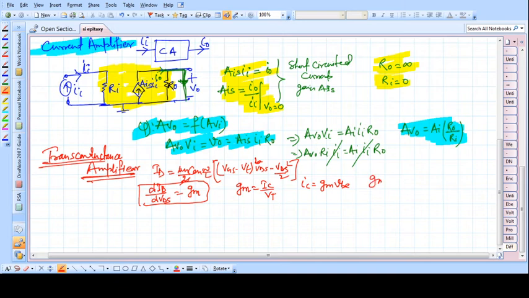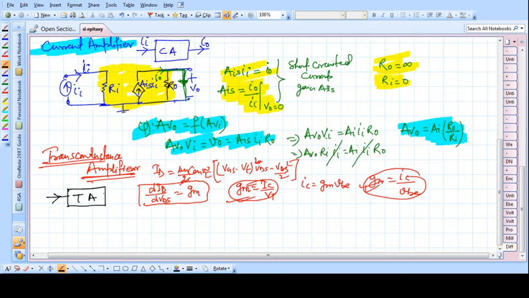So this Gm, the transconductance, is again the collector current by the voltage. So these are some formulas, but for the time being, in the transconductance amplifier, the input